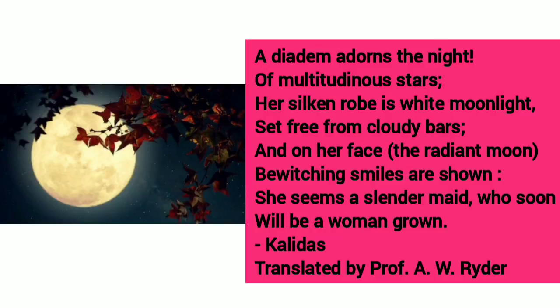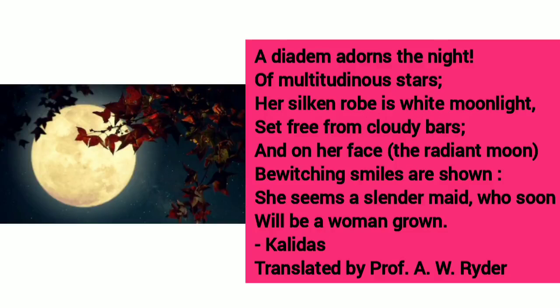So how is it compared to stars? Basically in autumn at night time the sky is completely clear and you can see uncountable stars in the sky. Okay, because in the rainy season the clouds are there. The climate above stays cloudy, so that is why you cannot see the stars. But when it is autumn, the clouds are not there and the sky is completely clear and you can count